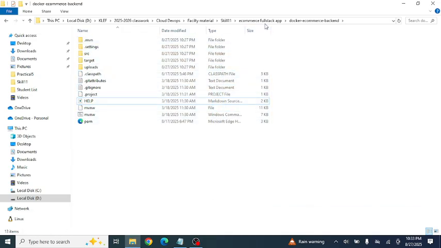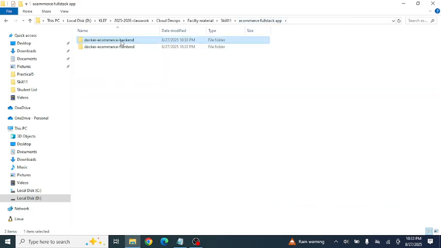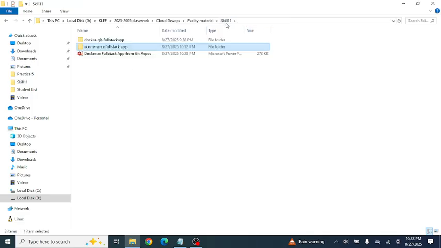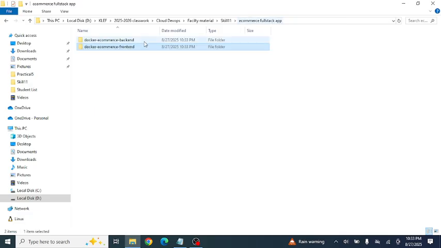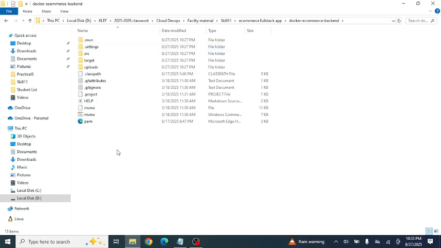See here, it is an e-commerce full stack application. Front end, there are no Docker files. Next one, backend, there are no Docker files. Okay. And now first what we have to do,